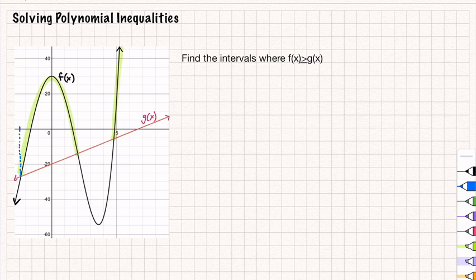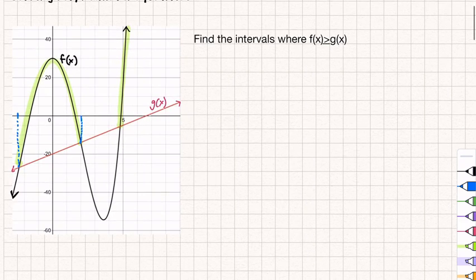Well, up until this point is when they're still equal to each other. So this point is 2. Now, does it include negative 2.5 and 2? Yes, it does. So we can either say when x is in between, including negative 2.5 to 2,